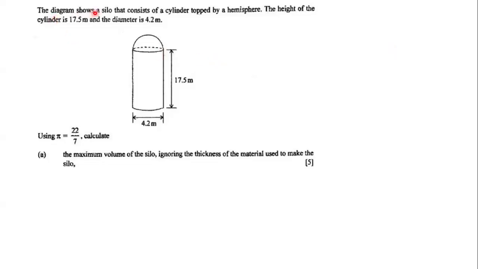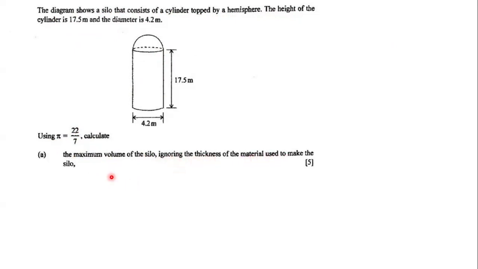The diagram shows a silo that consists of a cylinder topped by a hemisphere. The height of the cylinder is 17.5 meters and the diameter is 4.2 meters. And so here we have the diagram. Using pi as equal to 22/7, calculate the maximum volume of the silo, ignoring the thickness of the material used